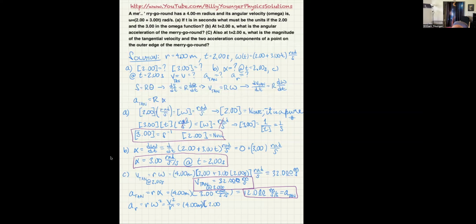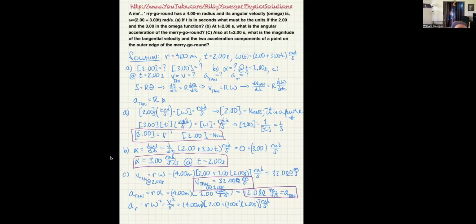Let's make a square bracket here, plus 3.00 seconds to the negative 1 power times 2.00 seconds, which is t, and then all of that, of course, is times radians per second. So in this case, I get 3 times 2 is 6. 6 plus 2 is 8. So I've got 8.00, and then all I have to do is multiply